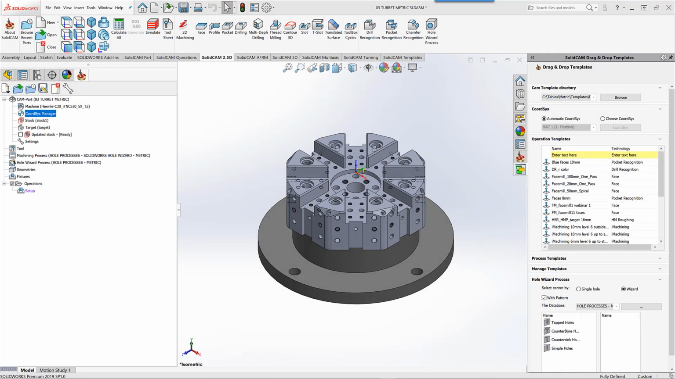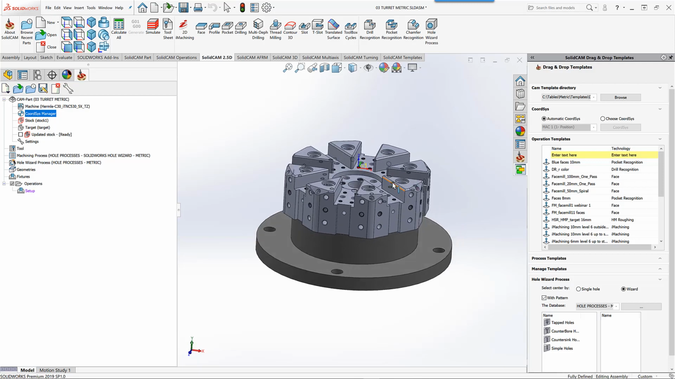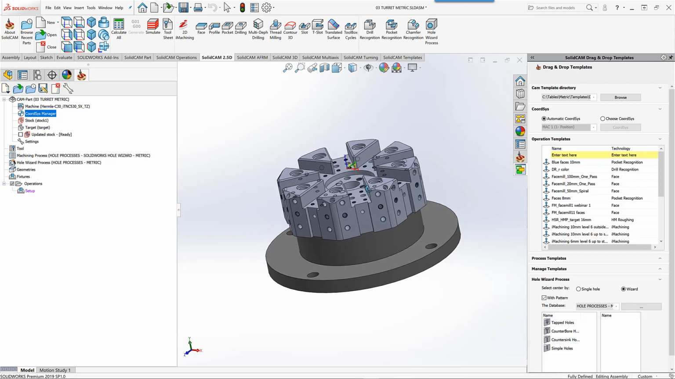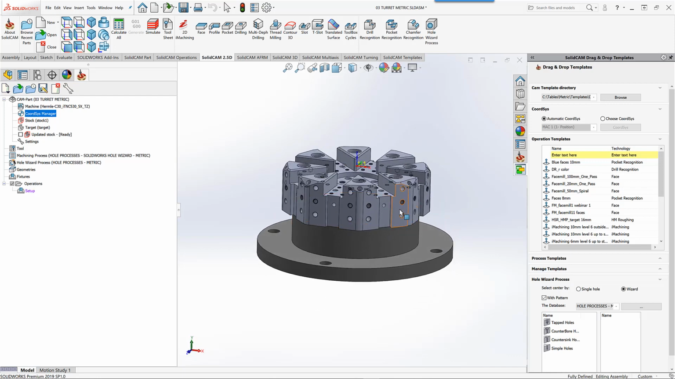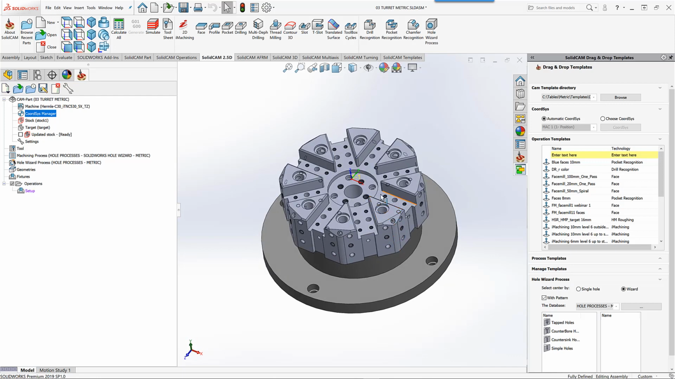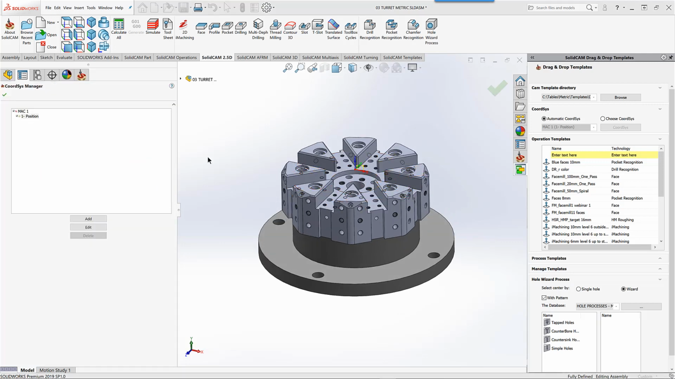In this recording, we'll show the module of automatic hole recognition and machining as it works on this part over here. Now, as you can see, this part is on a 5-axis machine, and it has holes from every single possible direction, whether it be on the sides, on an angle, on top over here. And you'll also note that if I go into my coordinate system manager, we only have one home position for